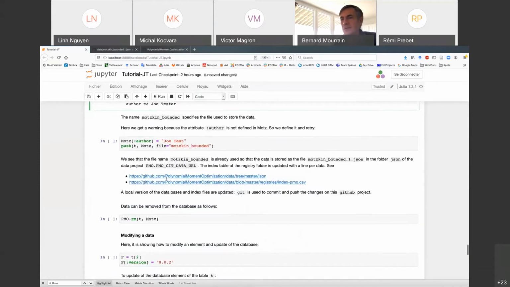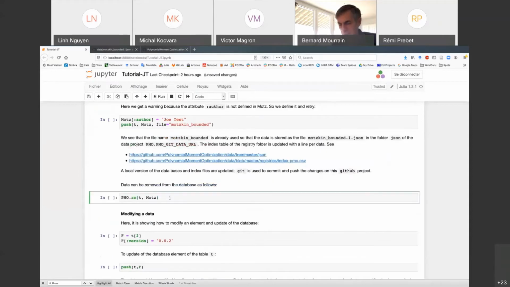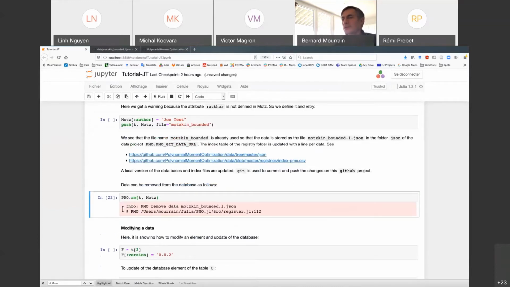Data can be added, and they can be removed. So to clean the database, we will remove it. That's what is done. Here we see the file which has been added, Motzkin bounded 1, is removed, and the registry has been updated.